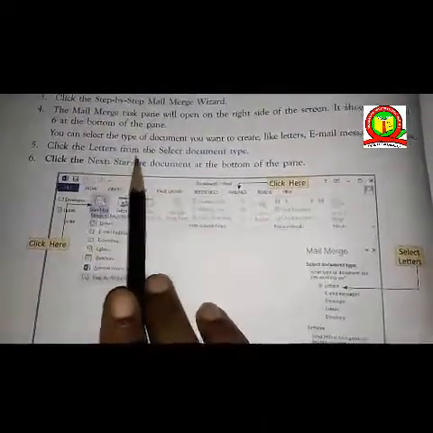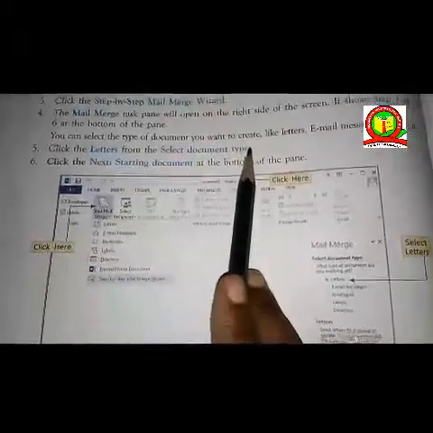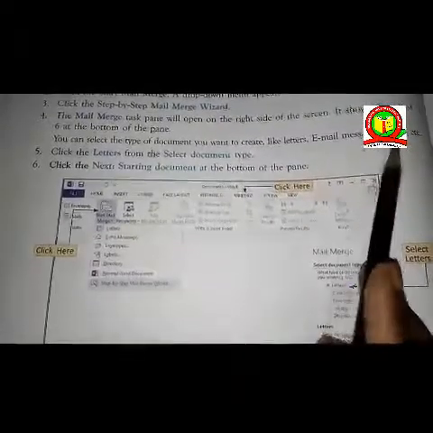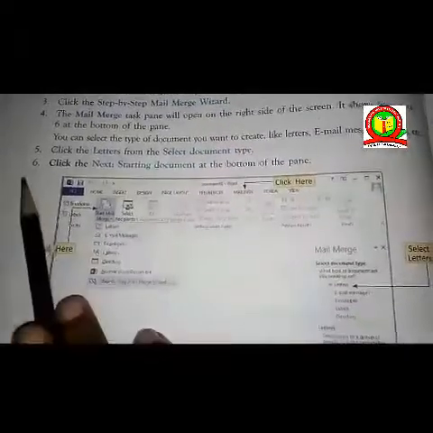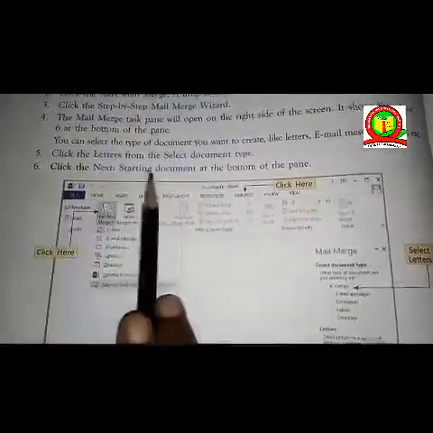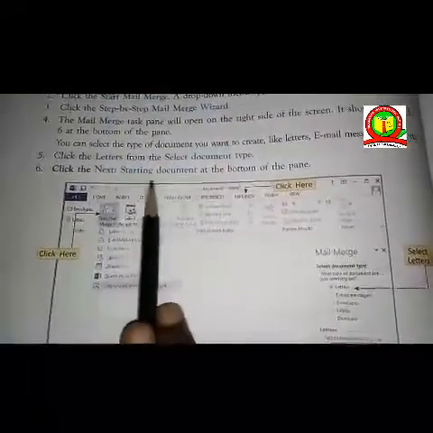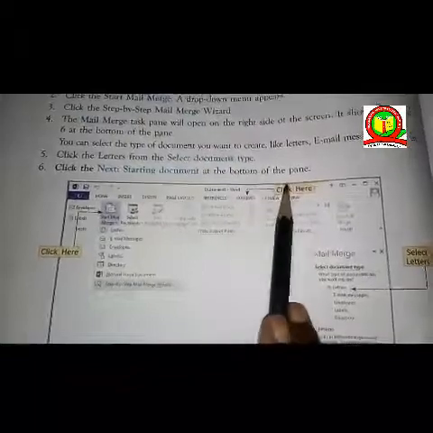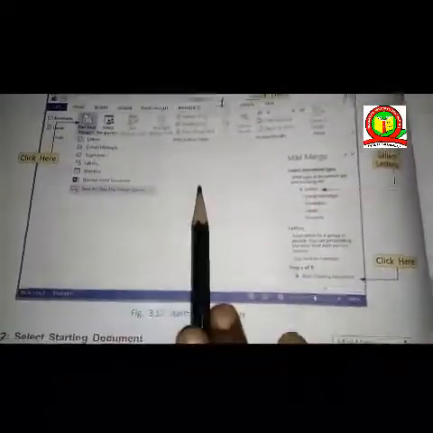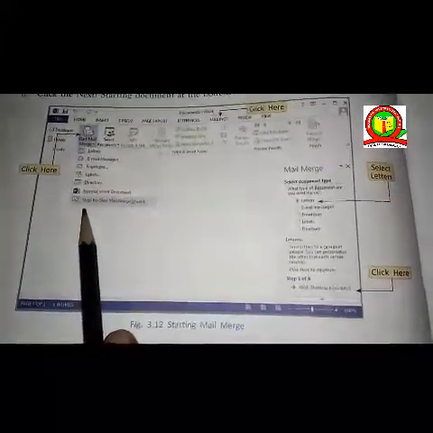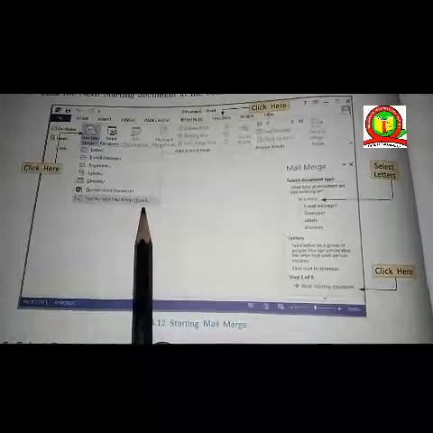You can select the type of document you want to create, like letter, email messages, labels, etc. Fifth, click Letters from the selected document types. Sixth, click Next: Starting document at the bottom of the pane.